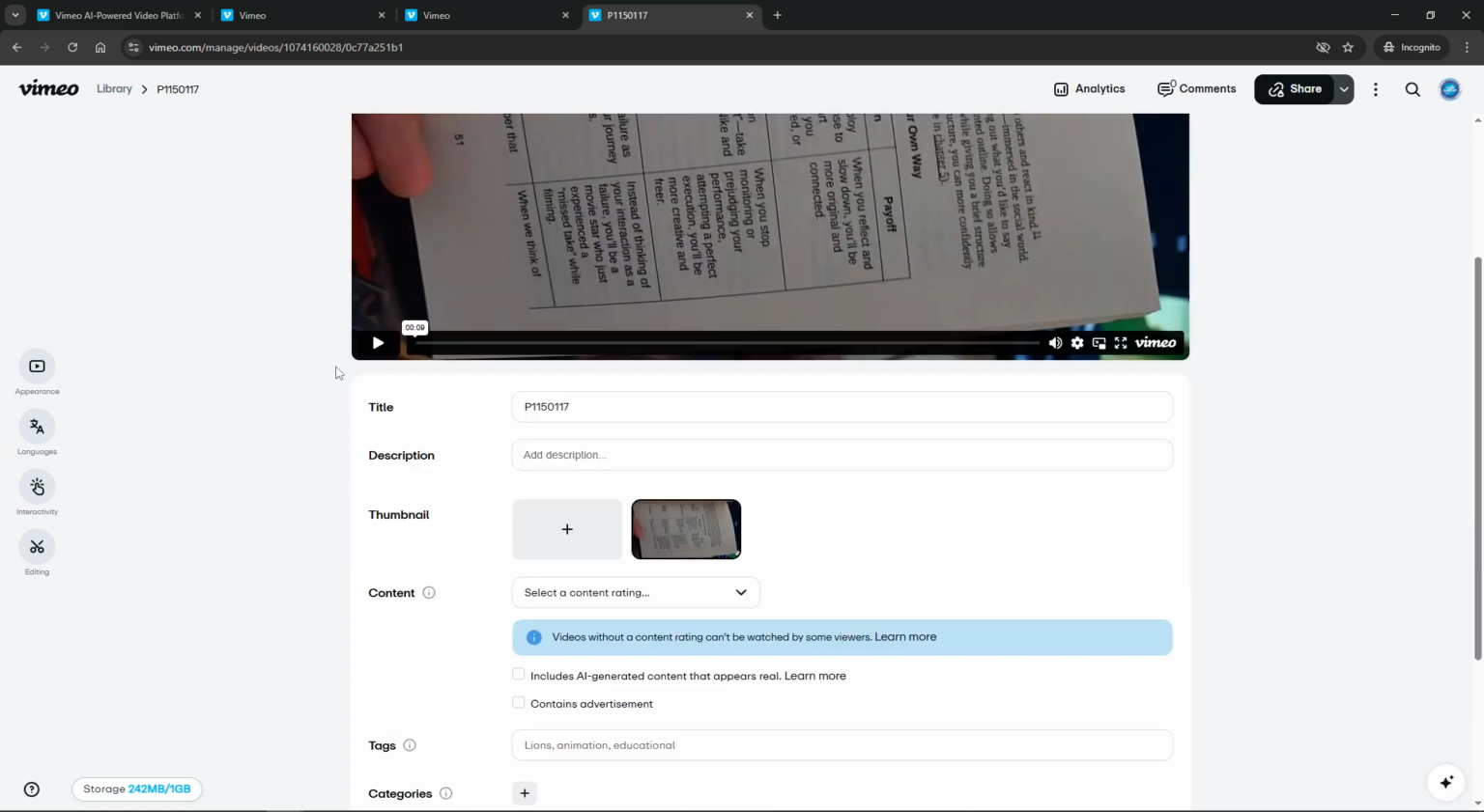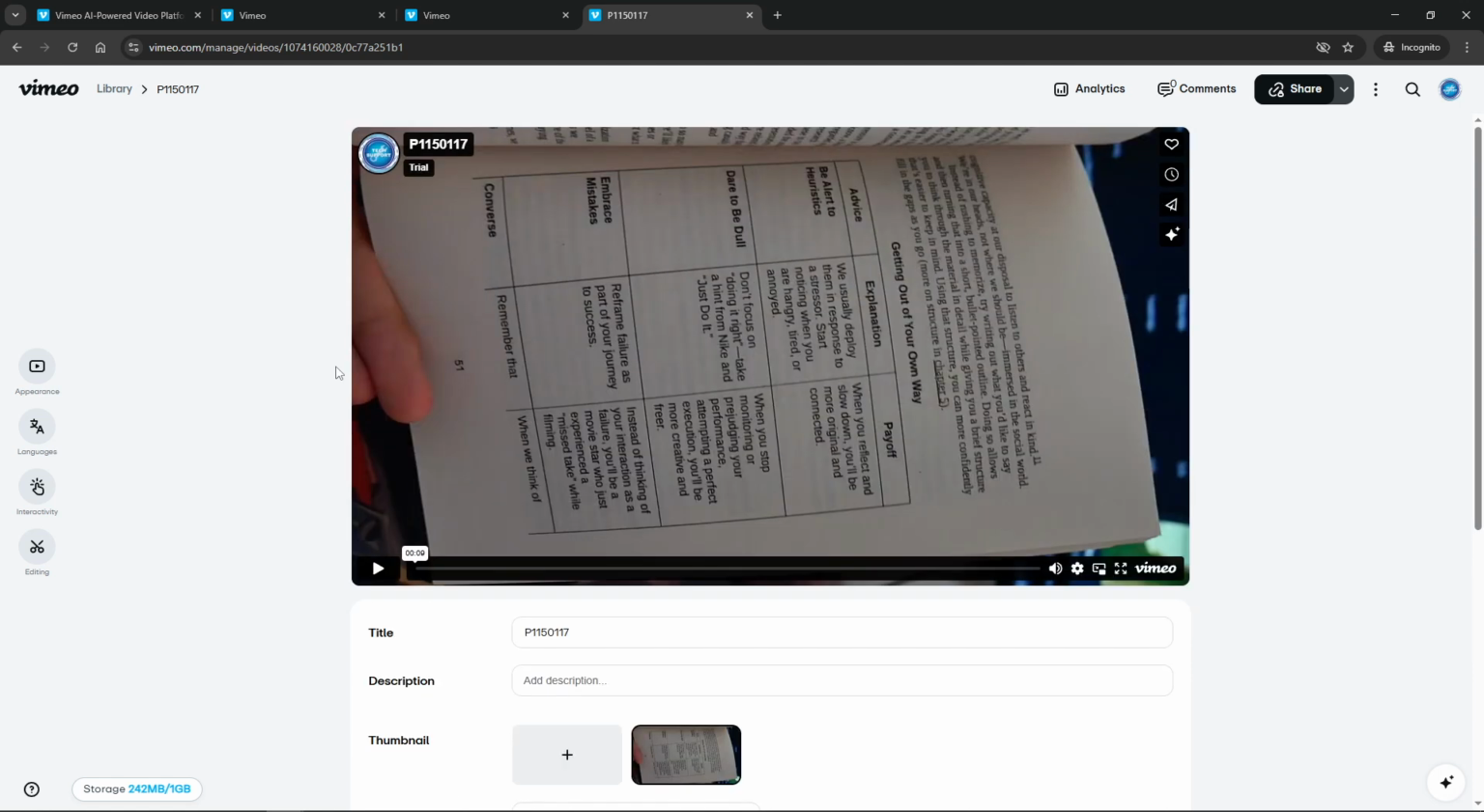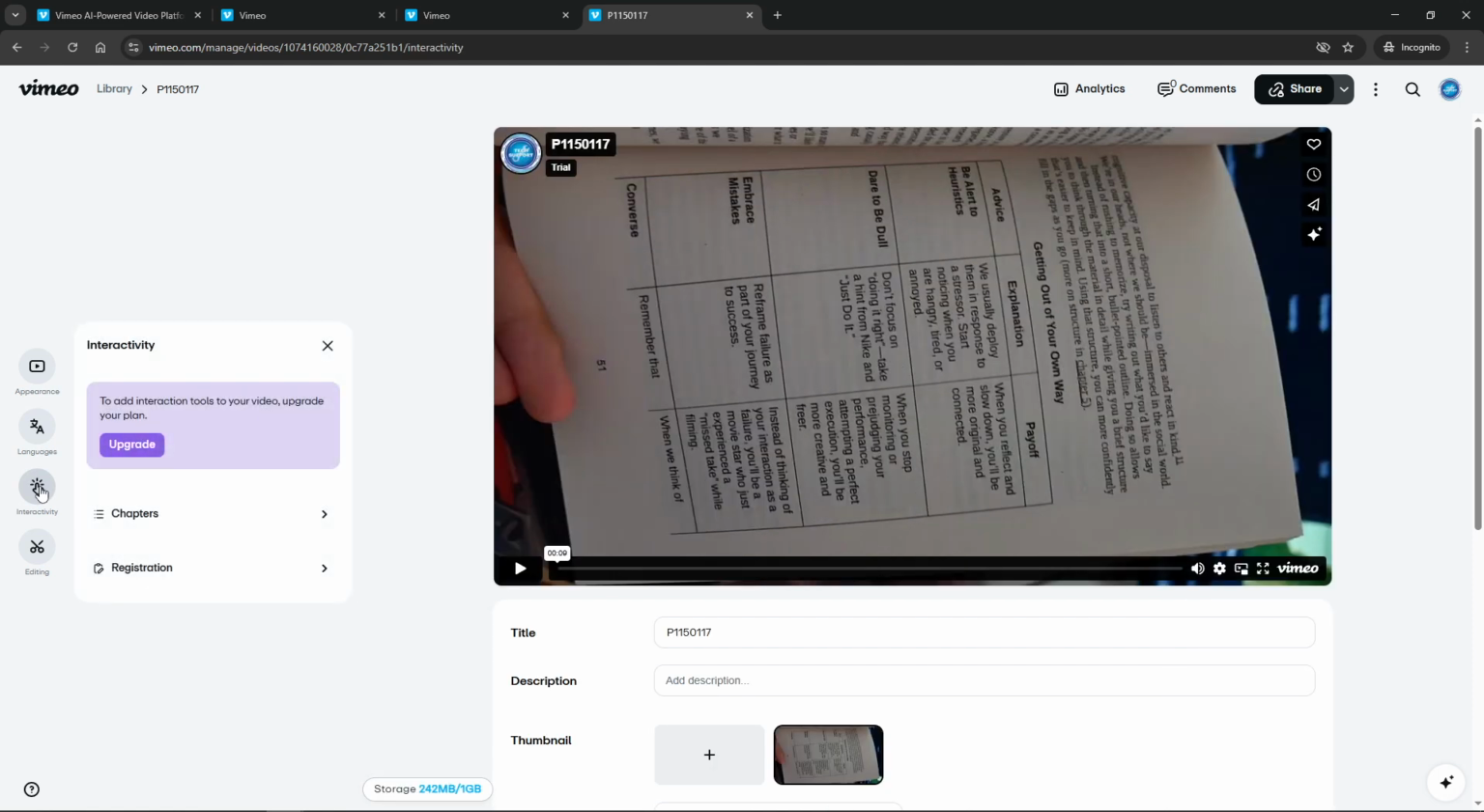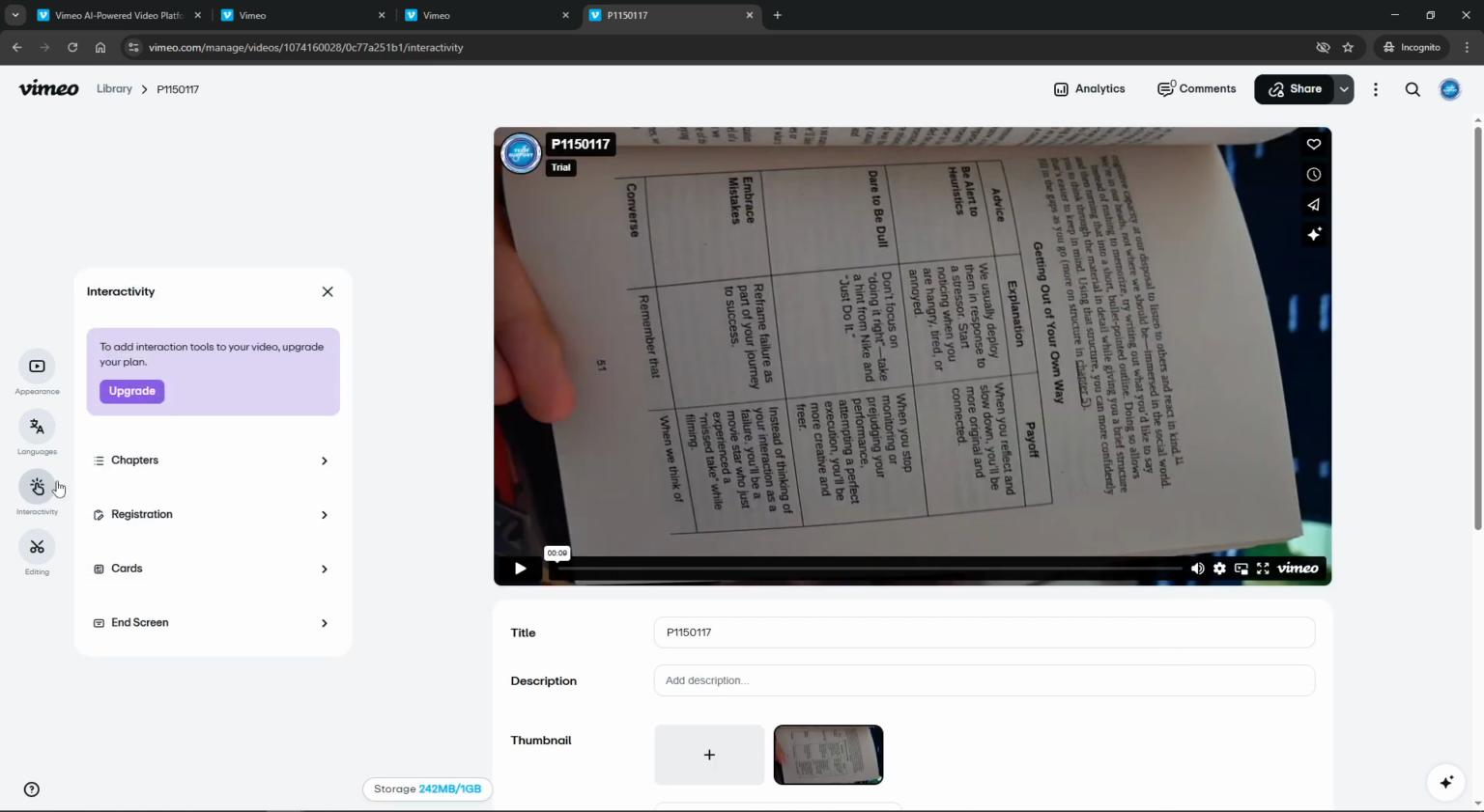Next, on the left side of the video player, you'll see multiple tabs. Look for the one labeled Interactivity. Clicking on this tab will open a range of options designed to enhance how viewers engage with your video. From the Interactivity menu, go ahead and select Chapters. It might feel like there are many steps by now, but Vimeo keeps it intuitive, guiding you each step of